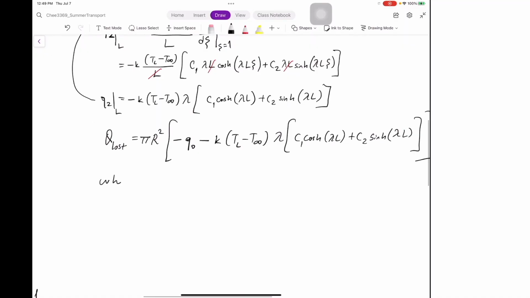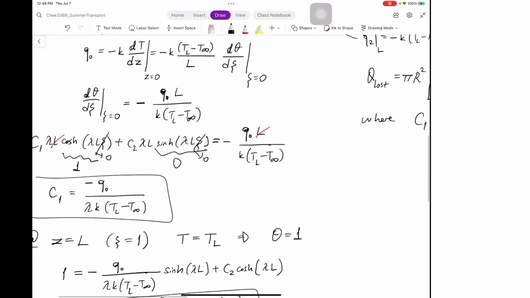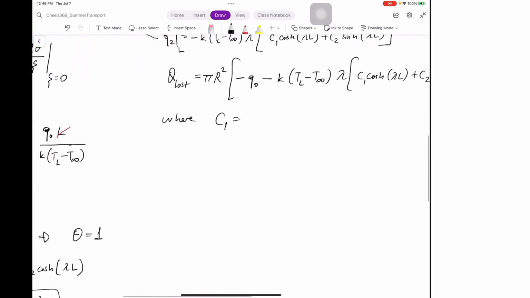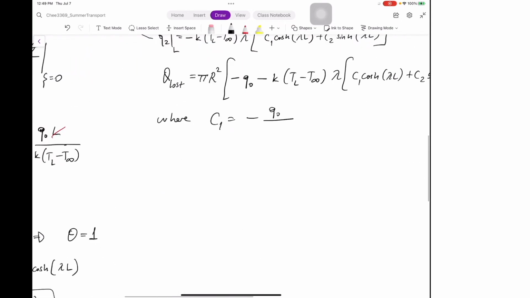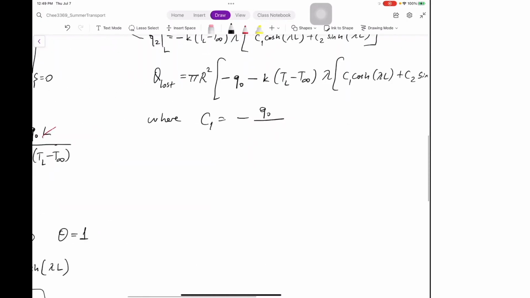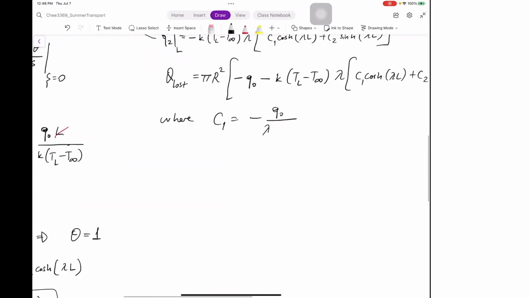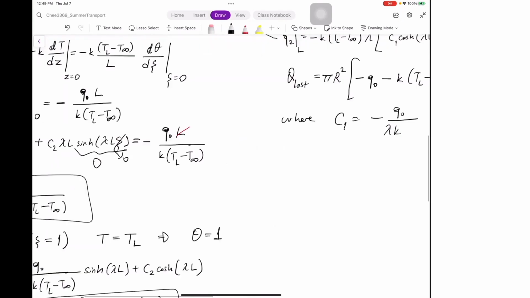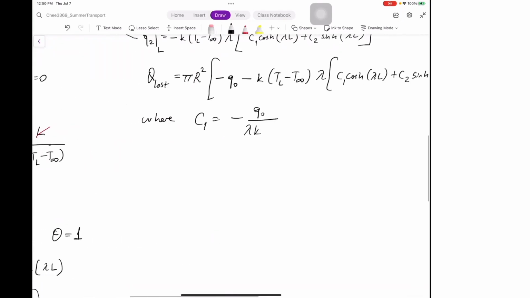where C1 was found as negative Q0 over λk (T_L minus T∞), and C2 is equal to